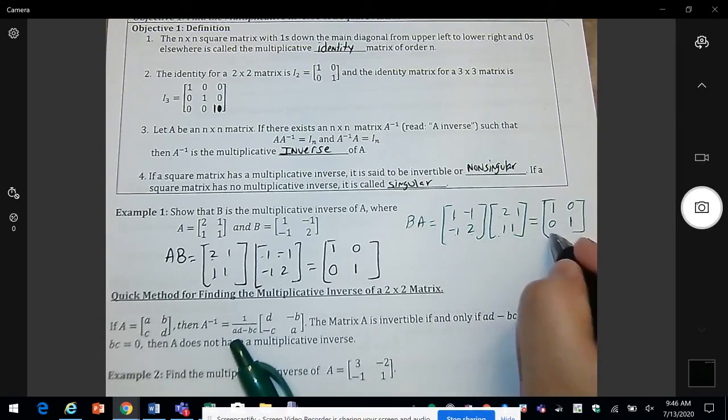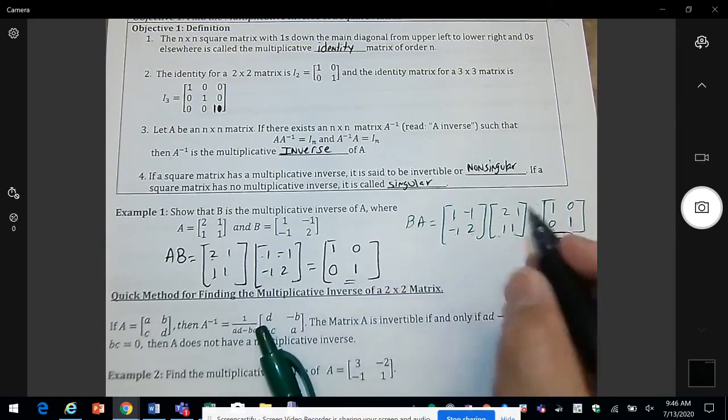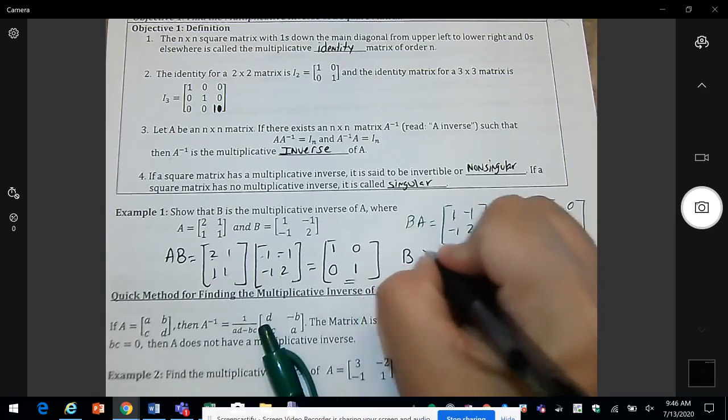So you can see here that they both give us the identity matrix. So we say that B is the inverse